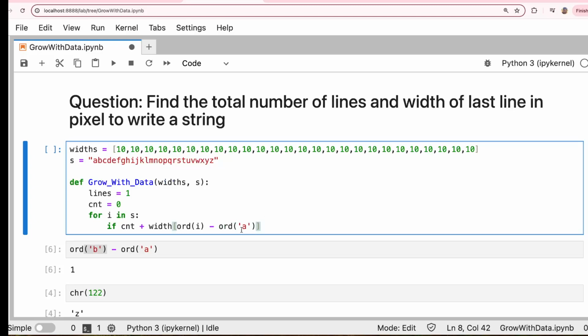Since you are writing this code, somebody is going to read it. So it makes sense if you just put ORD of A and the ORD of the element you are reading from the string. Okay. So this is going to get the pixel value. If that pixel value plus whatever the count we do, if this is going to be greater than 100, that means